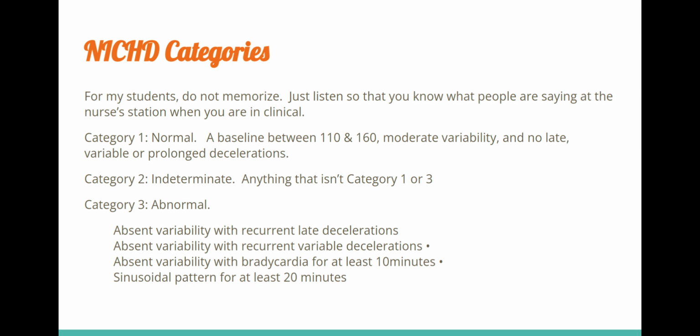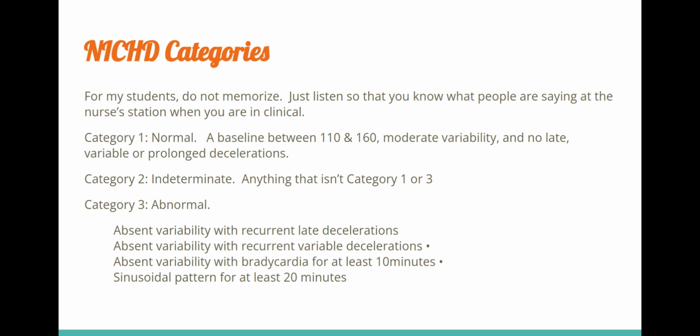So category one's normal. It's a baseline between 110 and 160. It's got moderate variability, and there are no late, variable, or prolonged decelerations. You can have earlies. Accels are great, but you don't need to have them. You need to have a baseline in the normal range, moderate variability, and none of the bad decels. Let's skip category two for now because that's complicated. Let's go to category three,